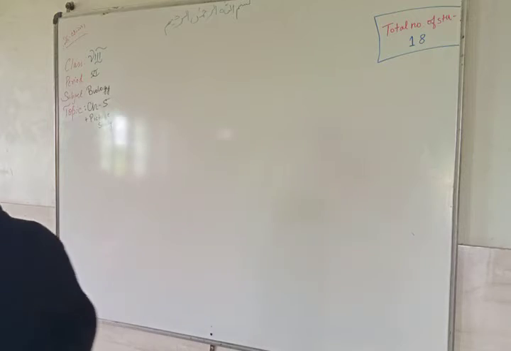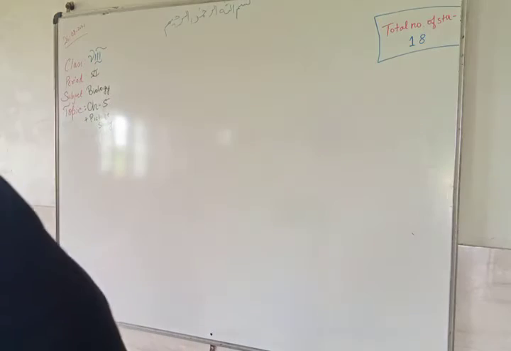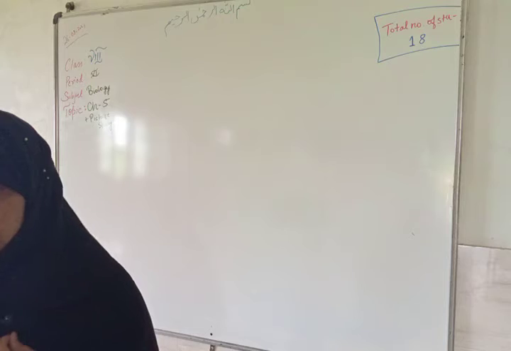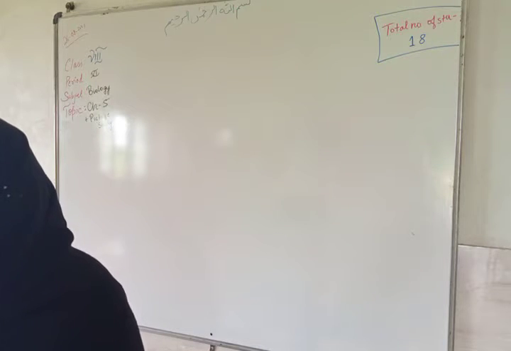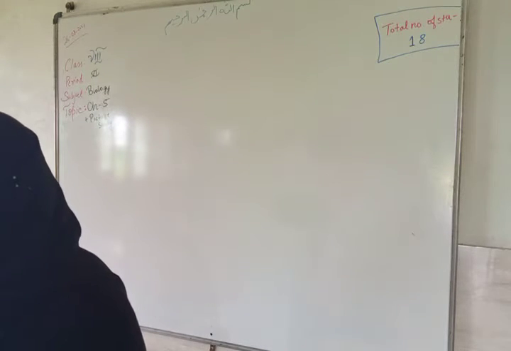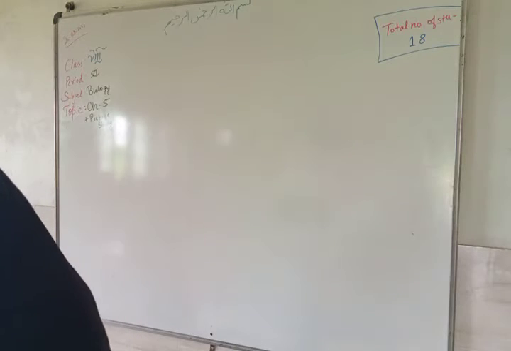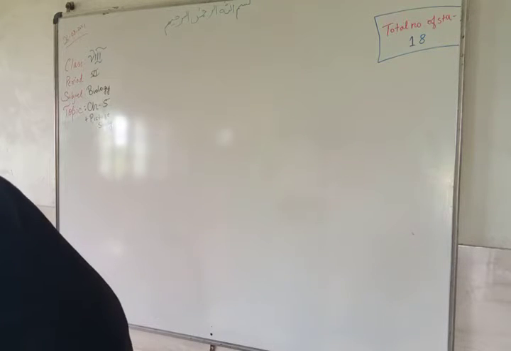Two questions of picture study were left yesterday, so today we will cover those, the third and fourth. Both were left. Here there is a picture given on page number 82. In that, the internal structure of the spinal cord depicts a particular process. Study the diagram and answer the questions.